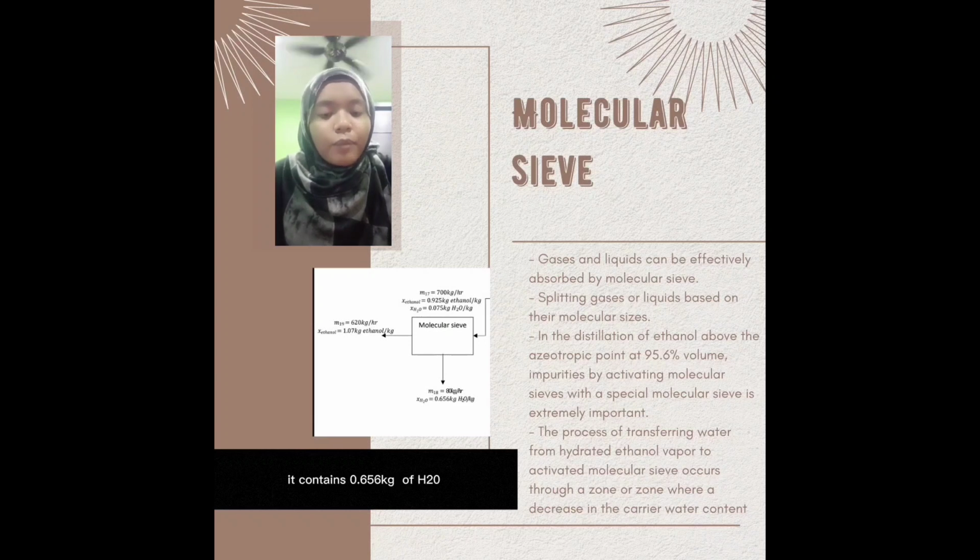For the first output, it contains 0.656 kg of H2O at a rate of 18 kg per hour. Next, the second output contains 1.07 kg of ethanol at a rate of